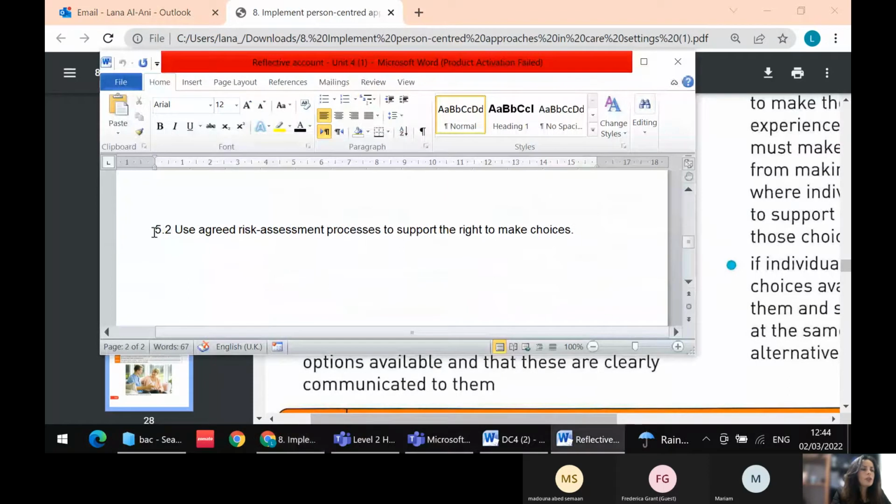Now, use agreed risk assessment process to support the right to make choices. So what is the agreed risk assessment process? So if we go to 5.2,